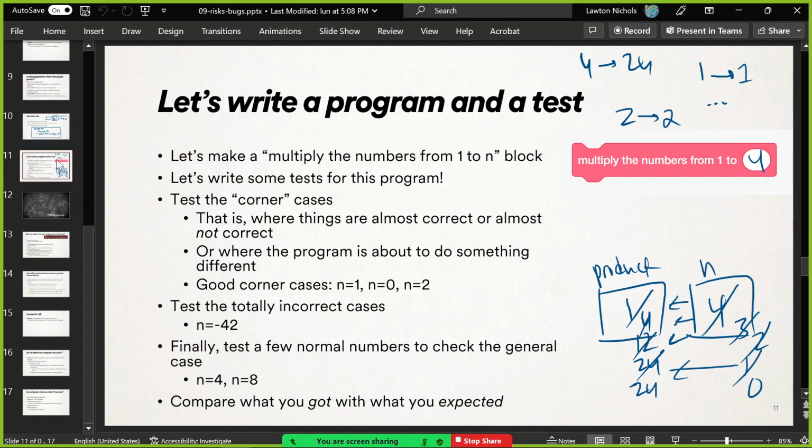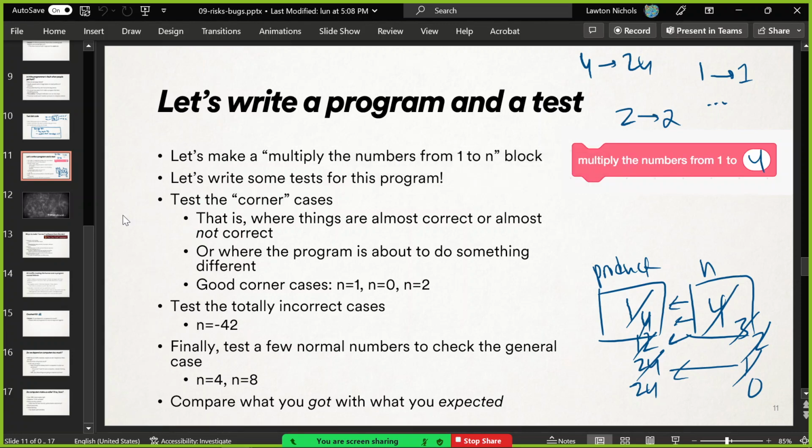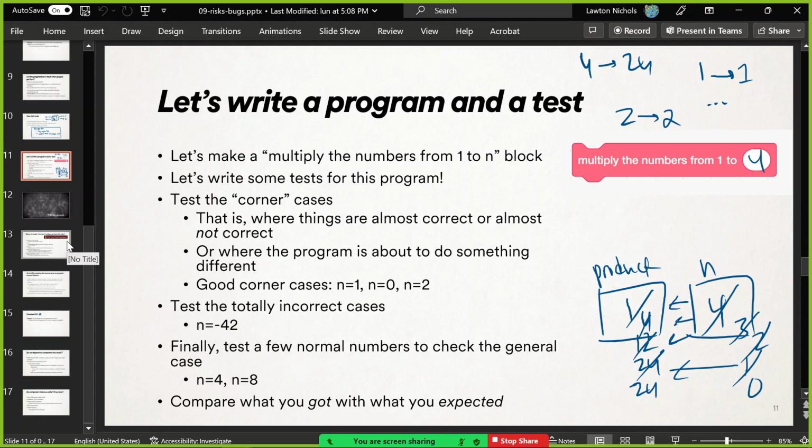Okay, so we wrote a program, we wrote a test for that program, and that is one strong way for making your programs correct. You want to test them with a bunch of different inputs that hit all of your corner cases, and make sure to try every line of code, so it's all getting executed one way or another. So that's a good way to think about it. All right, so let's write programs and tests. That's one way to gain some confidence in your code, and that's the most common way in industry of testing